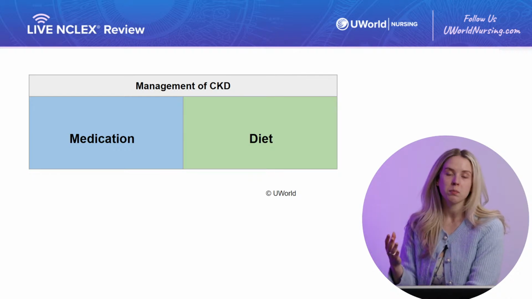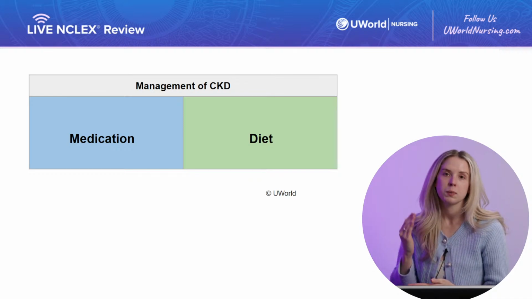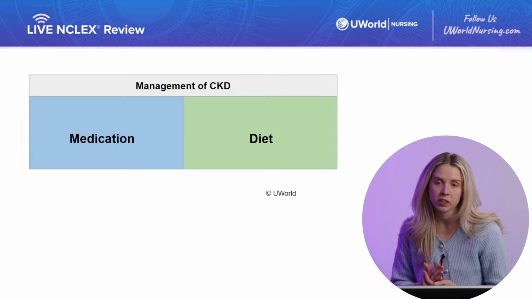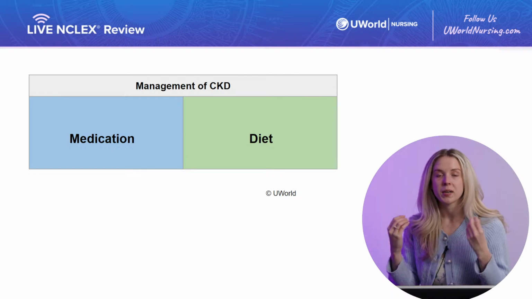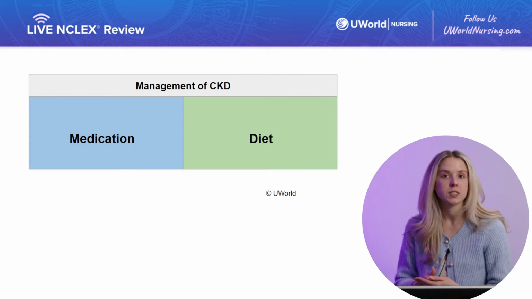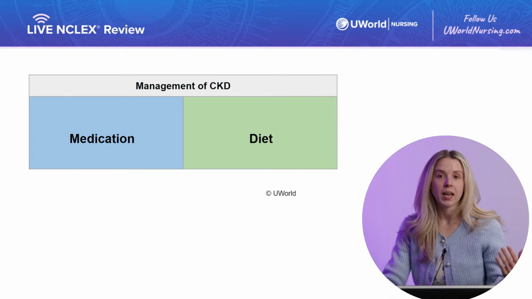So really important here is to pay attention to that potassium imbalance, specifically the ability for the body to go into a state of hyperkalemia during CKD. So we know that potassium in hyperkalemia has cardiac complications, specifically cardiac dysrhythmias can result. So this is going to be a priority.